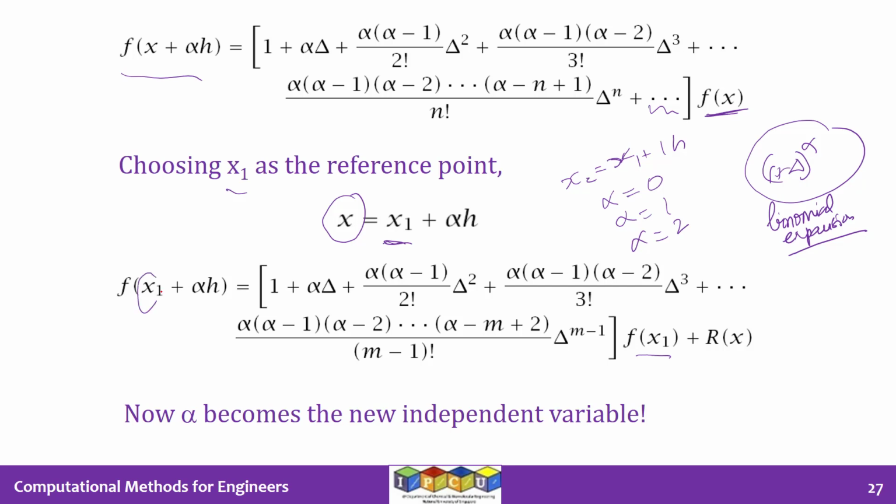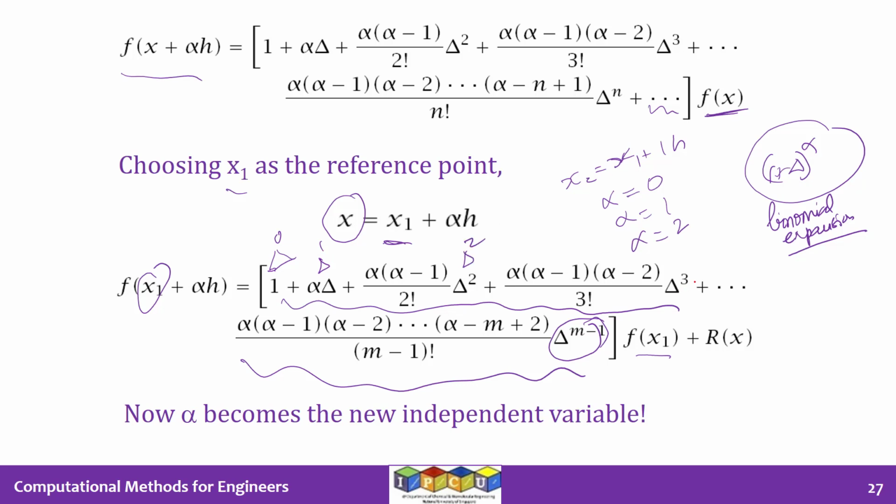So on the left hand side also I have to put x is equal to x1. And internally what we have is exactly the same. I have not done anything to it except I have truncated after m terms. See, this is delta to the power of m minus 1. This term is delta to the power of 0, which is 1. This is delta to the power of 1. So this is delta to the power of 2, this is delta to the power of 3, etc. So when I come to this term delta to the power of m minus 1, starting from delta to the power of 0, I have m terms inside the square brackets.